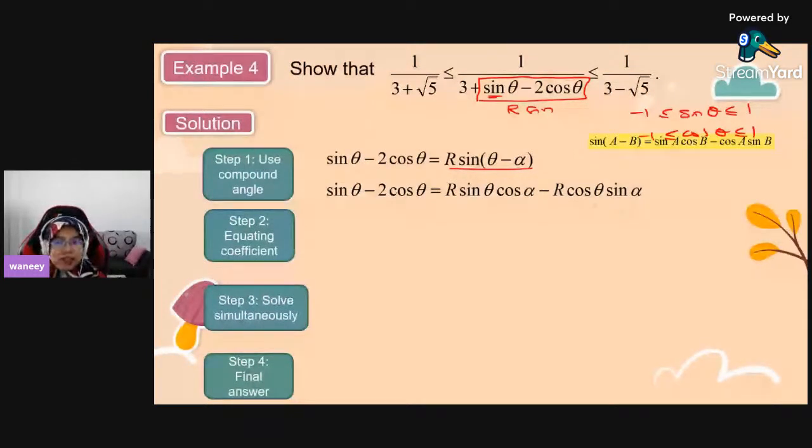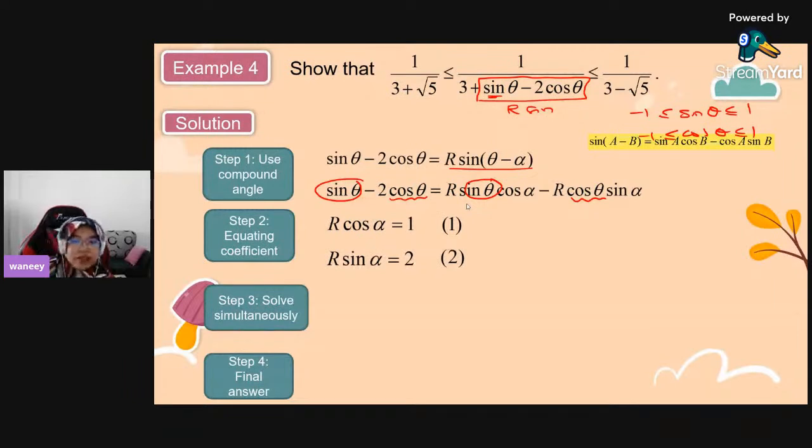Then you need to equate the coefficients. This is sine theta, this is also sine theta, so r cos alpha is equal to 1. And this is cos theta, cos theta, so r sine alpha is equal to 2. So we get the two equations out,